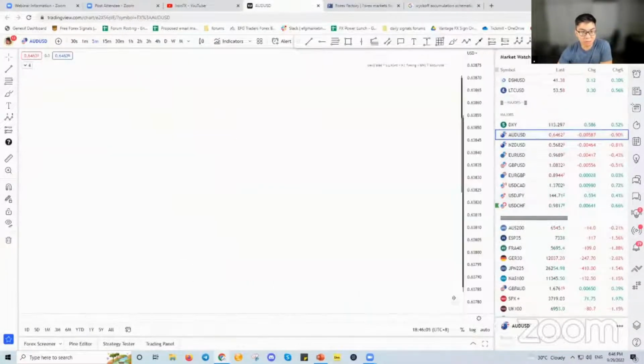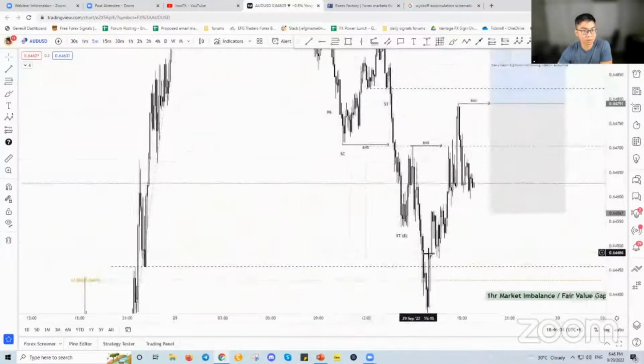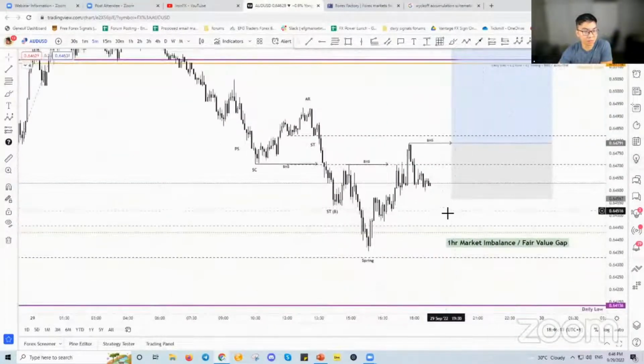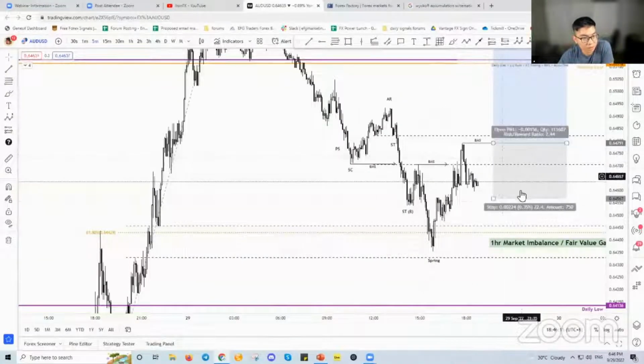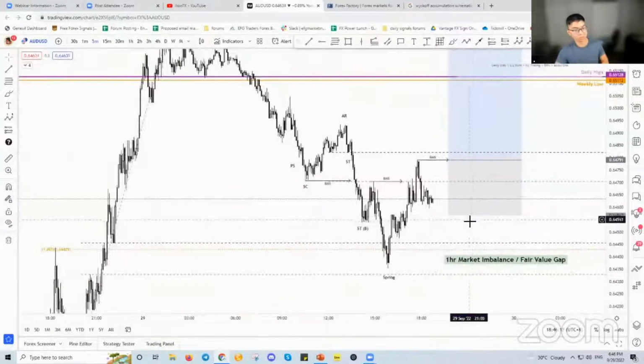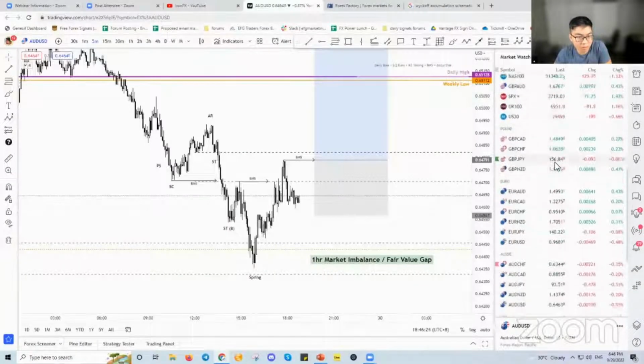Okay, let's check back on the Aussie Dollar. It hasn't happened. Price is still hovering around, nothing much. Okay, moving on. We can take a look at